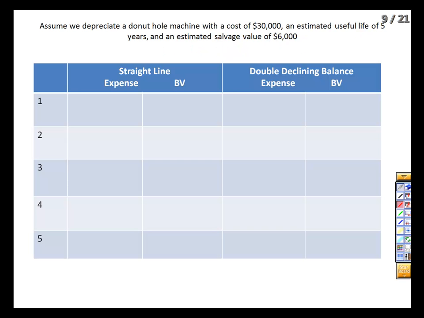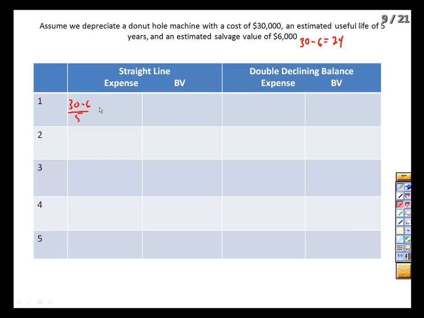So let's do some numbers. We have a donut hole machine because I like donut holes, and it cost us $30,000. It has an expected useful life of 5 years, and then we'll sell it to someone else for $6,000. So our first thing is our depreciable base, and our depreciable base is 30,000 minus 6,000, which is equal to 24,000. And we've got a 5-year useful life, so what are we going to record for our depreciation expense in year 1? Under the straight line method, we'll take 30 minus 6 divided by 5,